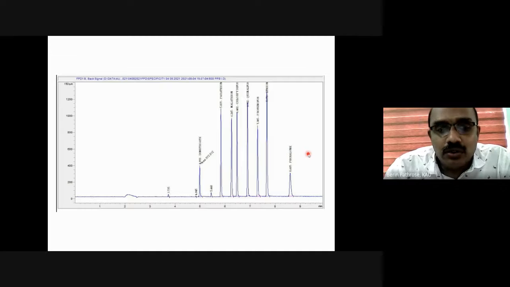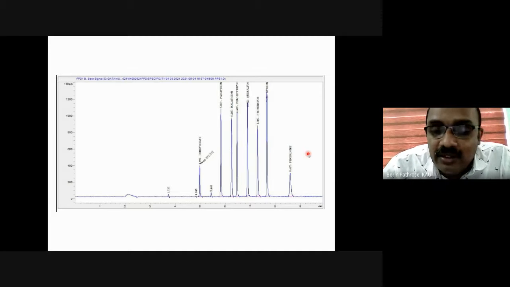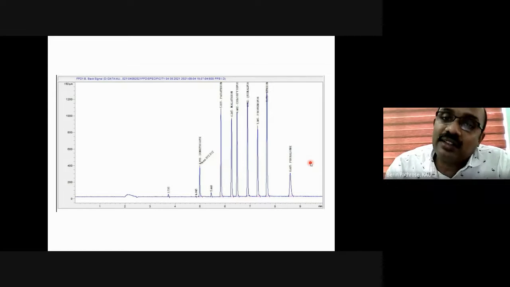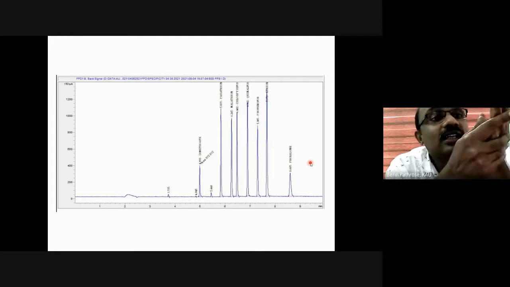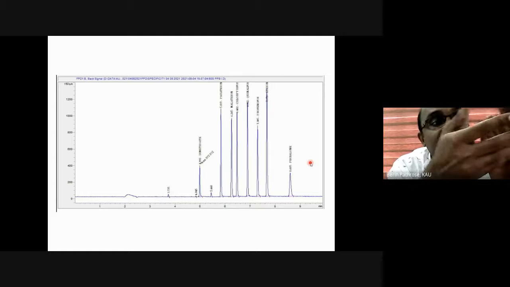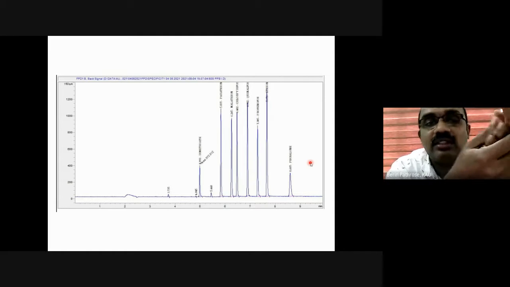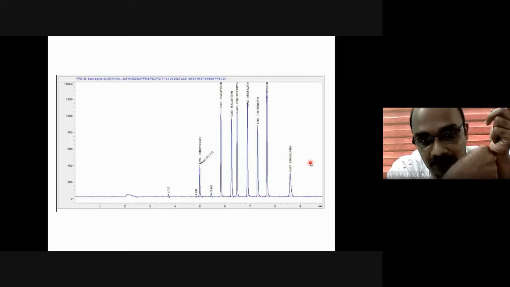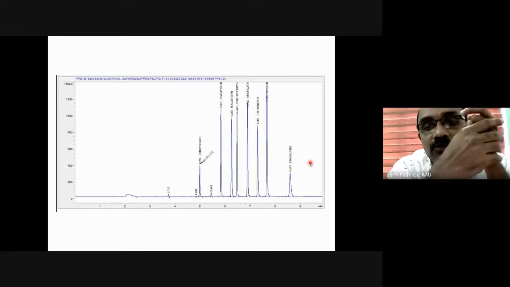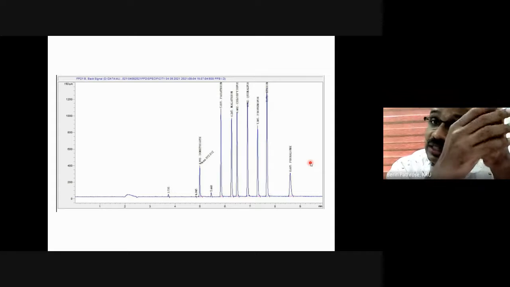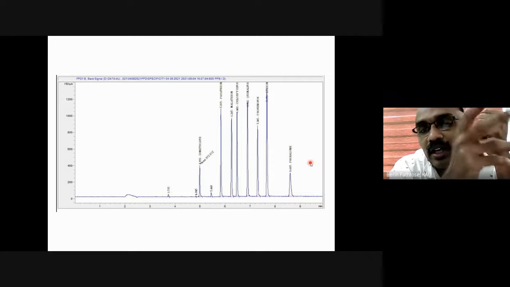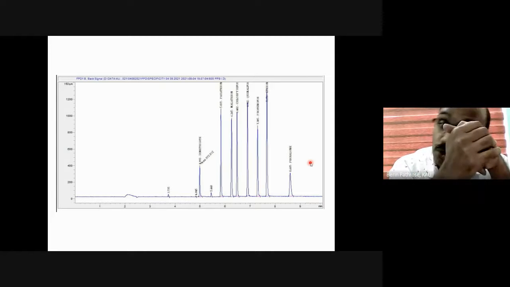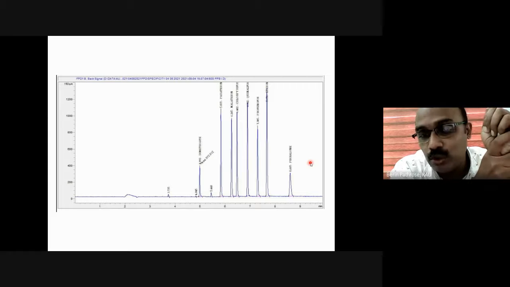compounds. Say this is a chromatogram which we had obtained with certain set parameters of the gas chromatograph. The parameters such as the temperature of the injector, the quantity of the sample which we have injected, and the flow rate, that means the speed at which the mobile phase passes through the column. There are different kinds of columns. We can change the columns depending on the polarity of the compounds. The column also should be the same. The detector also should be the same.